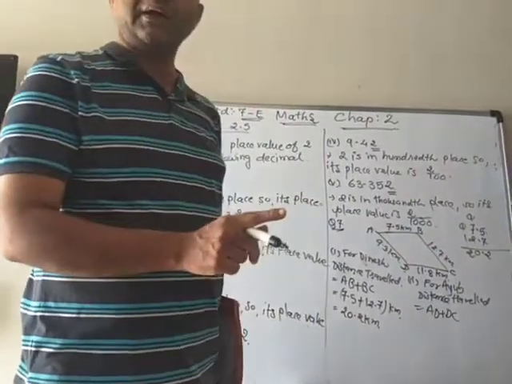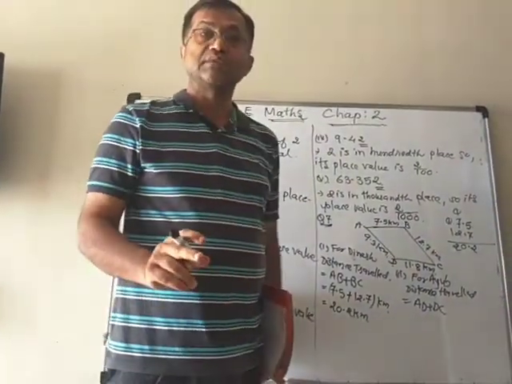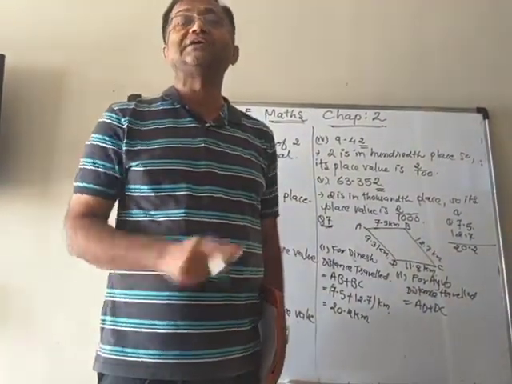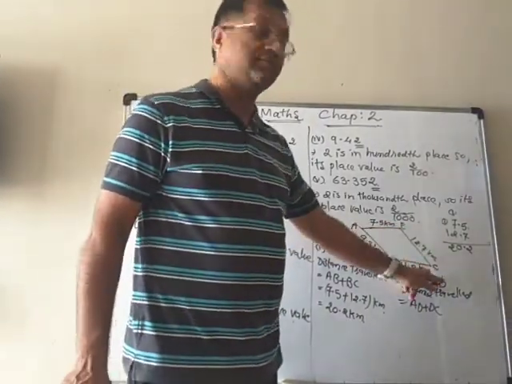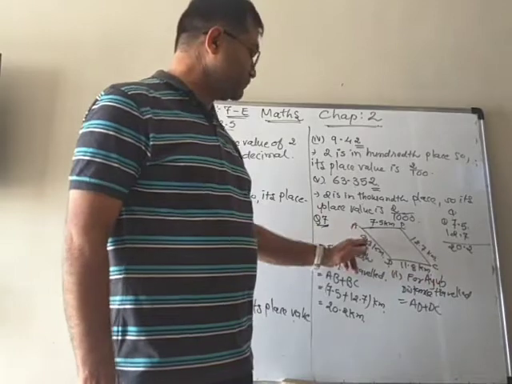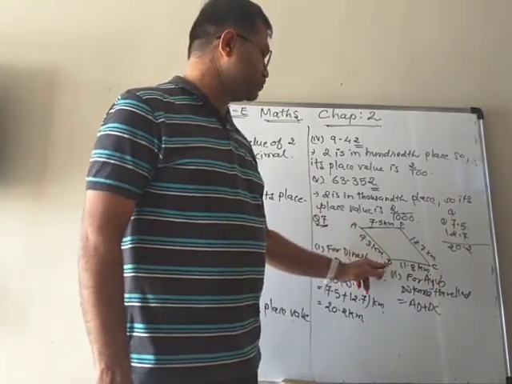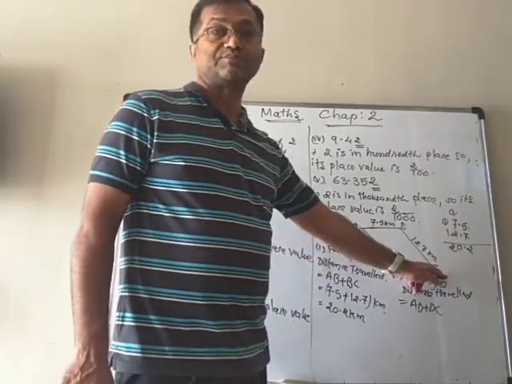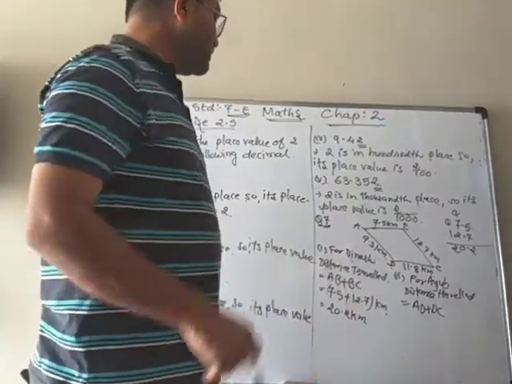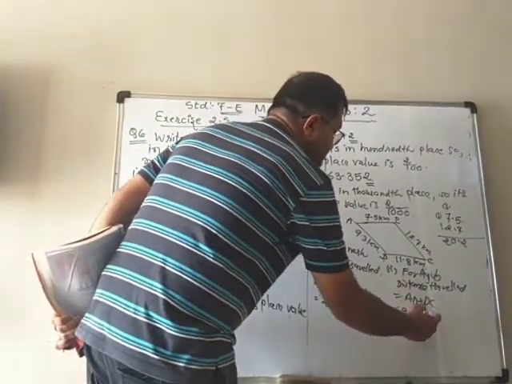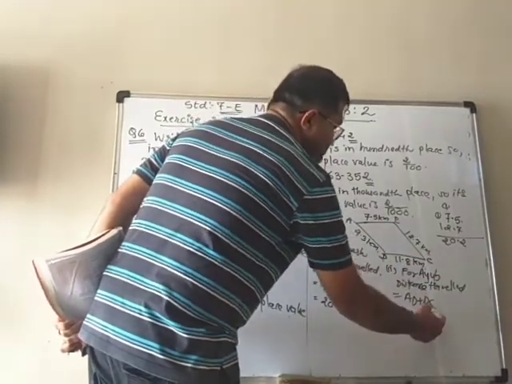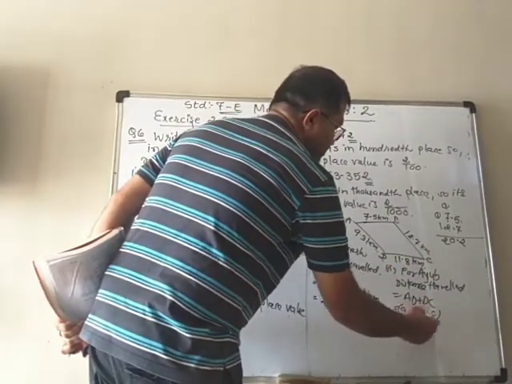Both started from A and reached C, but they have taken different paths. Dinesh went from here to here and then to here, while Ayub started from the same point, but he went from A to D and then D to C. Right? So now AD plus DC, AD is 9.3 plus DC is 11.8 kilometer.